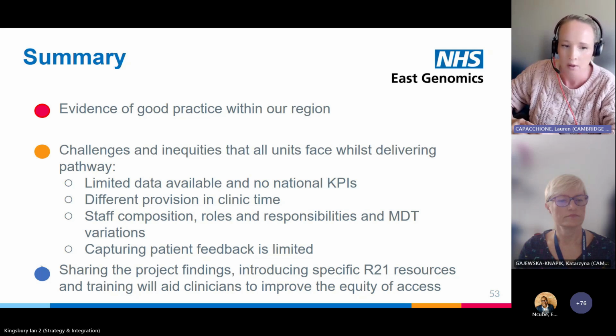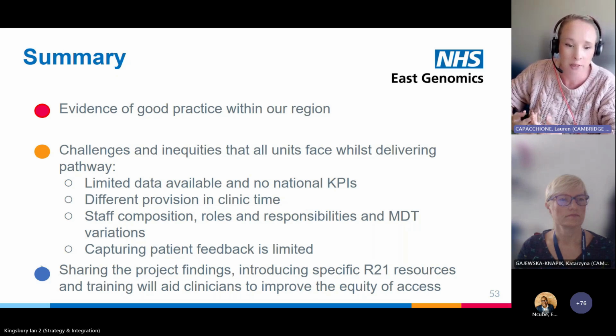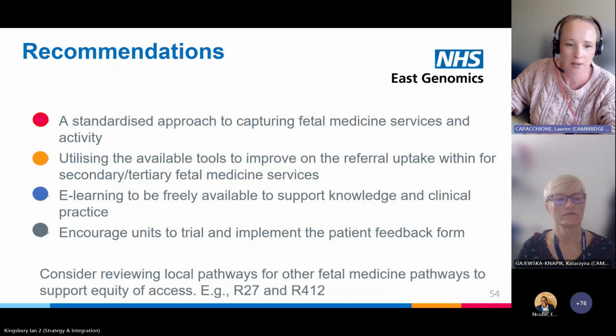Staffing composition, again, there's quite a few differences within that. So it's highlighting those differences and making everybody aware of what everybody's doing so we can learn what best practice looks like, and then capturing patient feedback so that we can really see what the patients need by hearing the patient voice. So recommendations: using a standardised approach for capturing fetal medicine services activity,